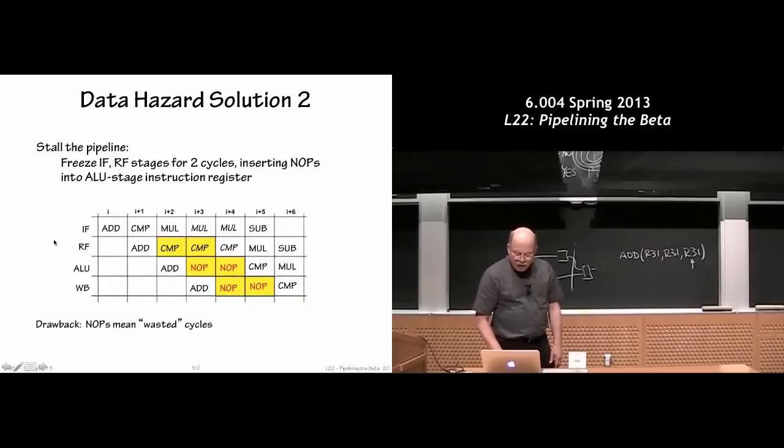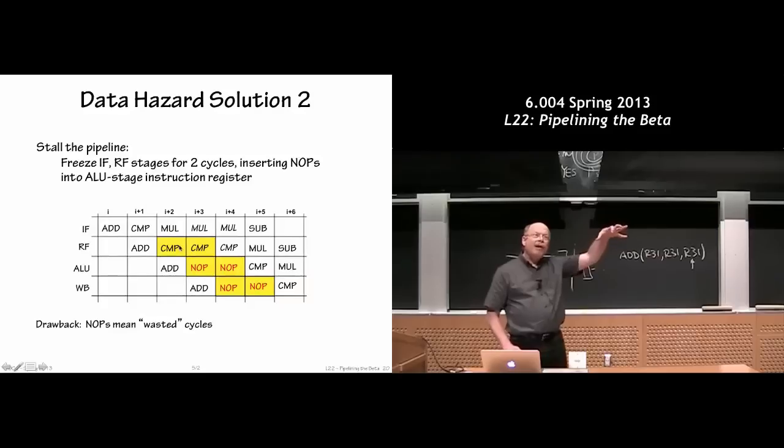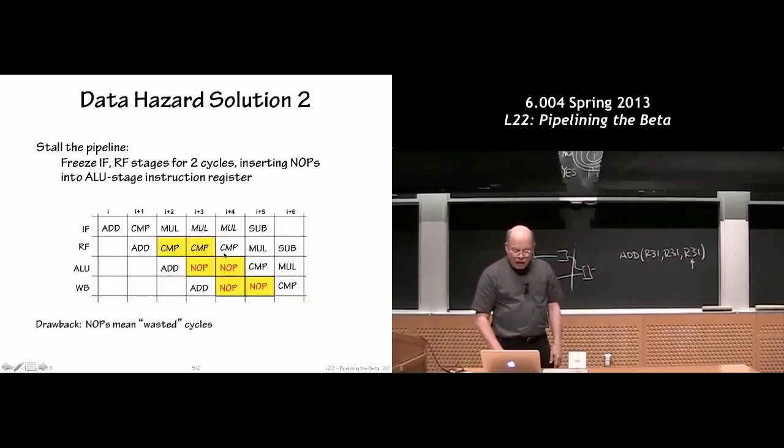So what I'll do is freeze the earlier stage of the pipeline. I'm going to basically prevent it from moving forward. So the compare instruction gets stuck in the RF stage until it can get the value it wants from the register file. Meanwhile, the ALU stage is saying, well, give me something to do. I can't send the compare down the pipeline yet because I don't have the right operands, so we start putting in some no ops,